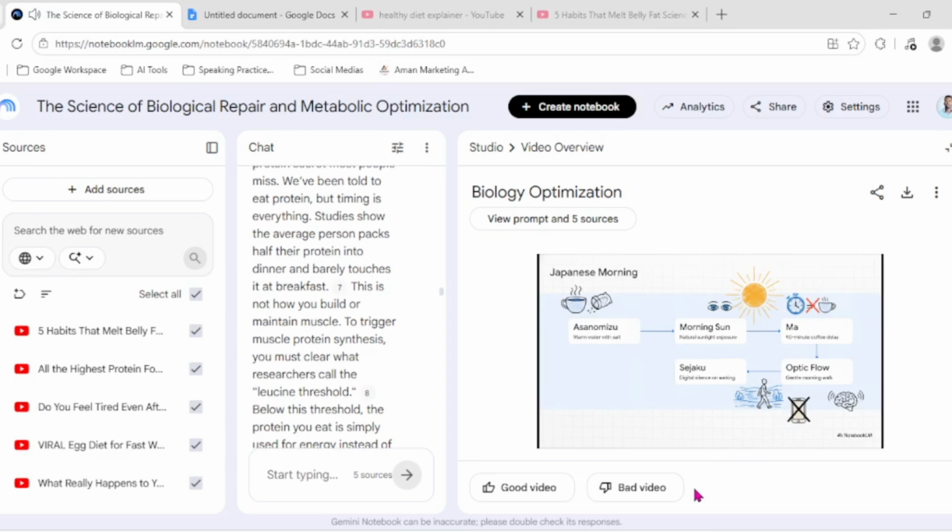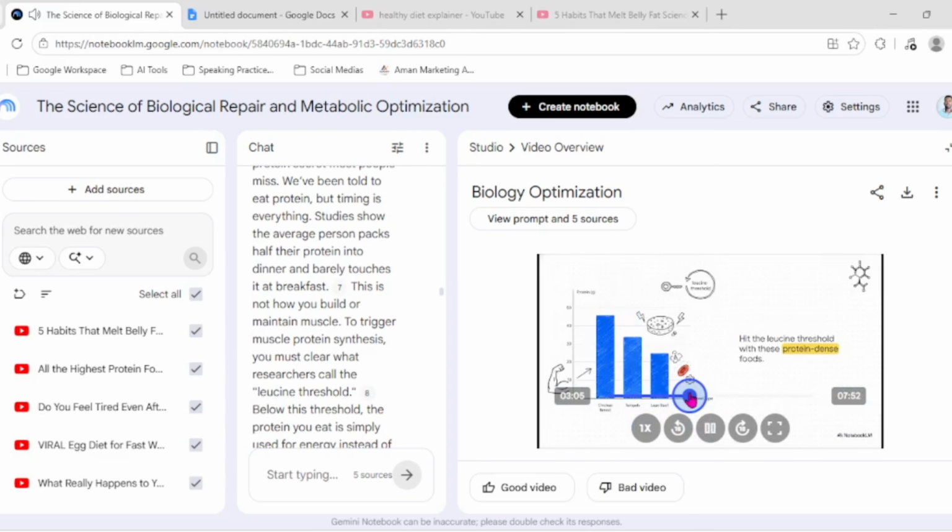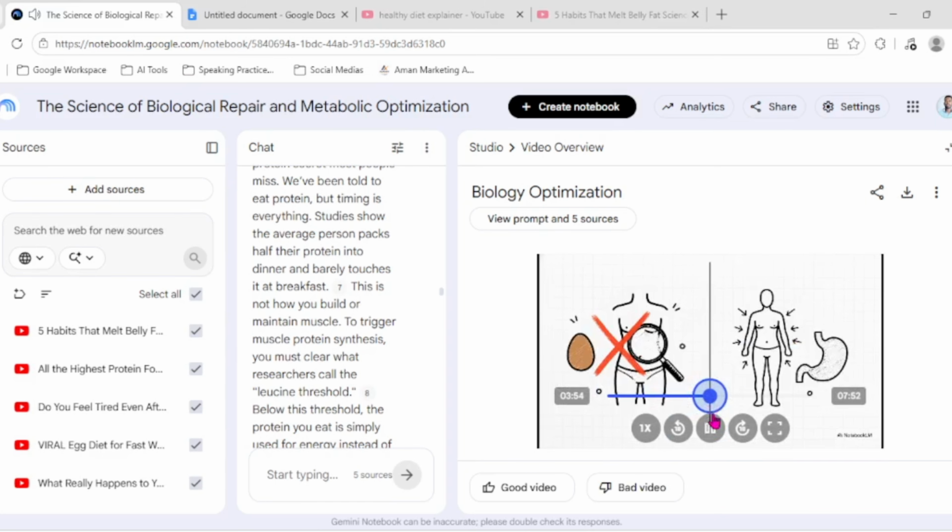Second step, getting morning sunlight directly in your eyes. This powerfully sets your